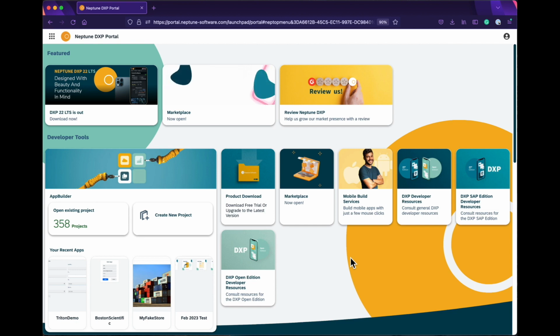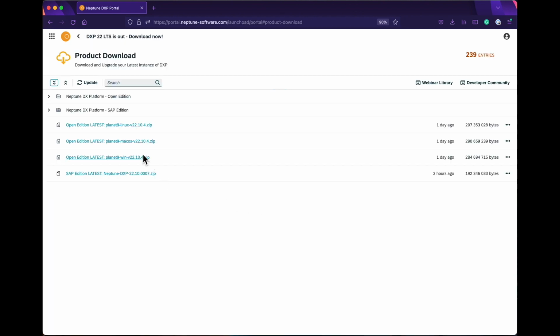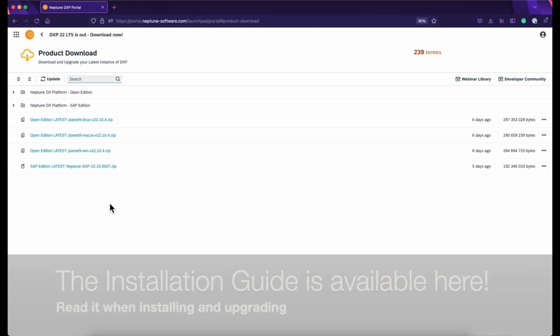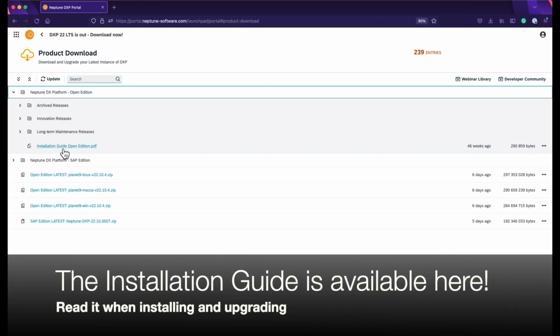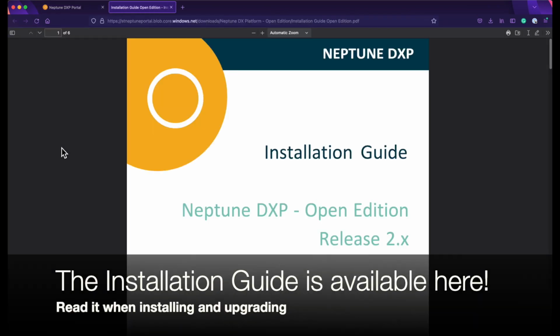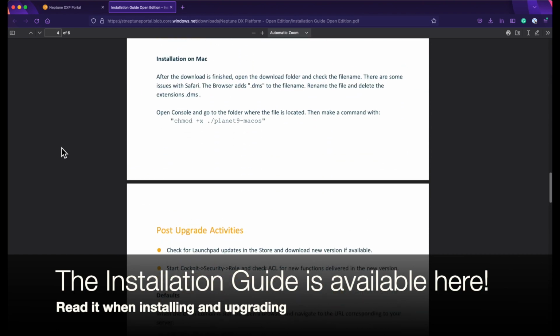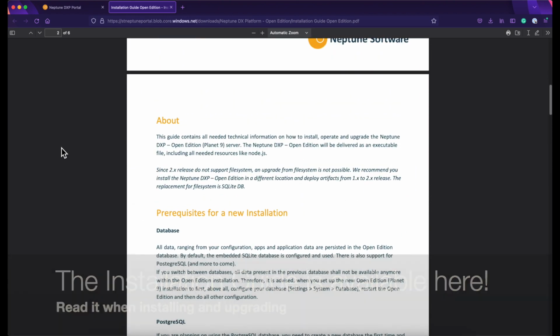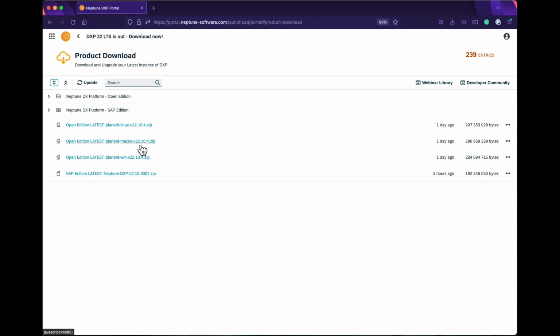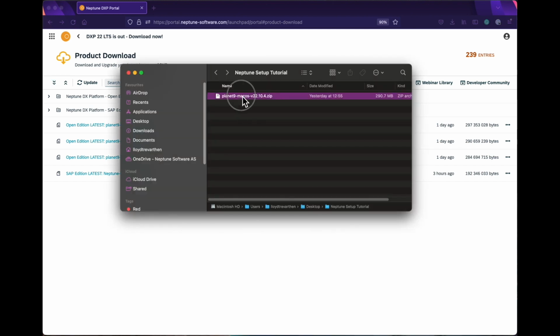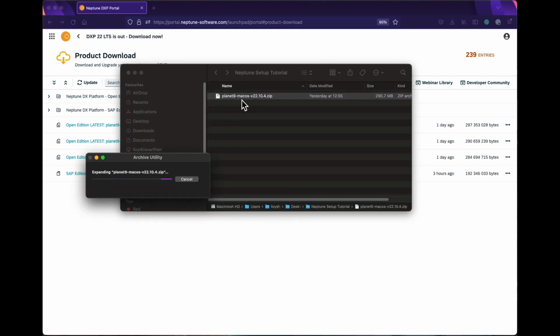To get the Open Edition up and running, simply visit the portal and open the Product Download tile. Here you'll be able to download the latest version of the Open Edition, here named Planet 9, and just download it for your correct operating system. In this case, I've downloaded it for Mac, and here all we need to do is unzip the file and